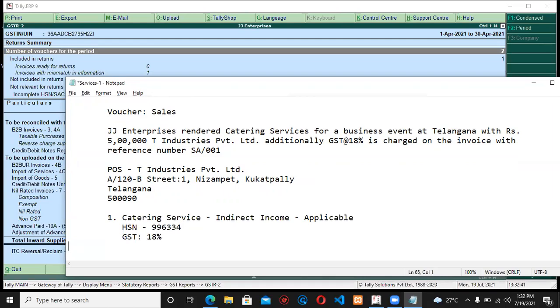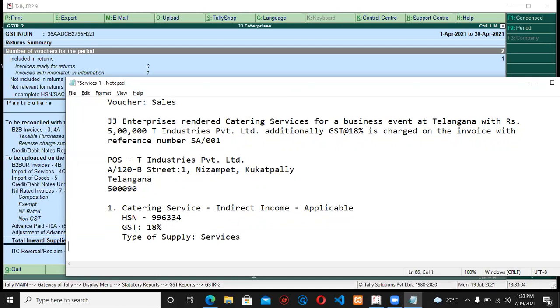This is what will be our first ledger. So 9% would be divided into state and central tax. Okay, and leave all of the other options vacant, but specify the type of supply. Remember, this type of supply should be, what? It's not goods, it is services. Okay, that's it.